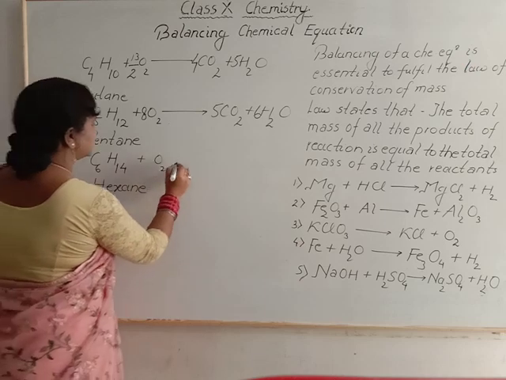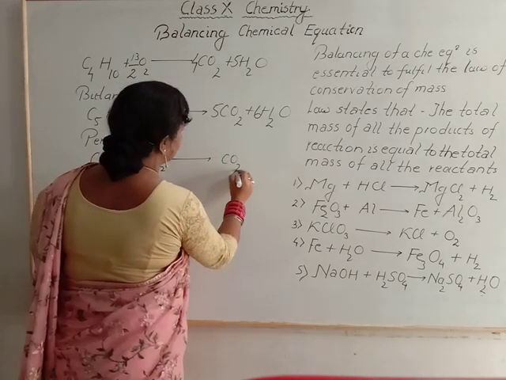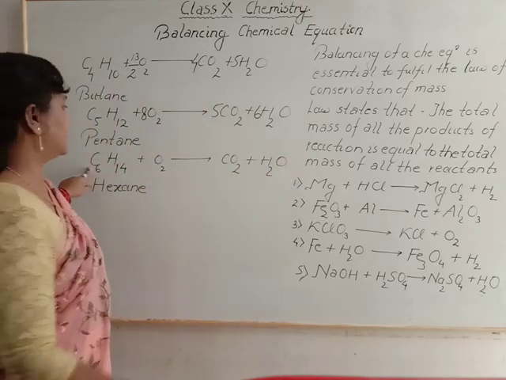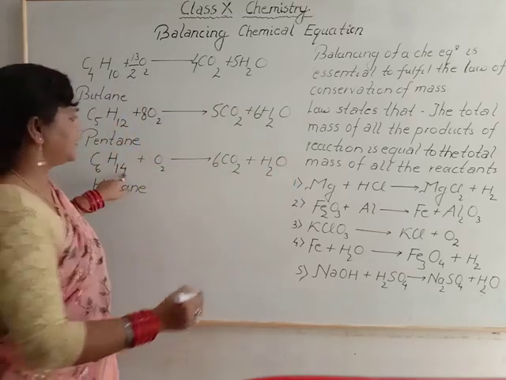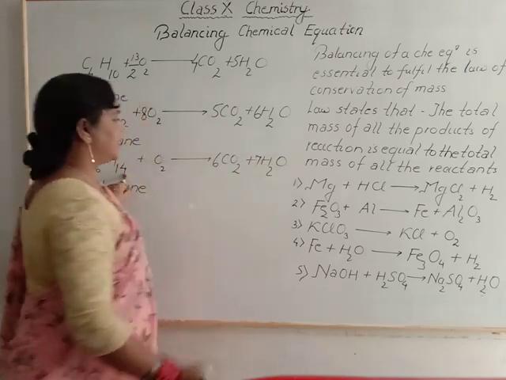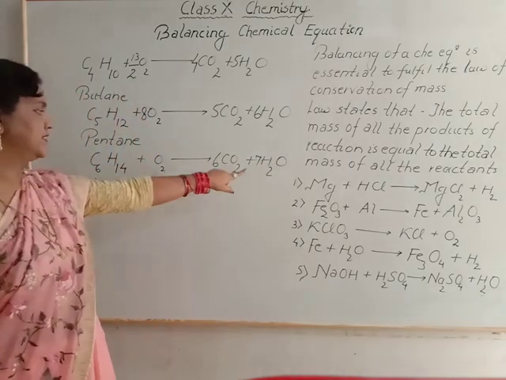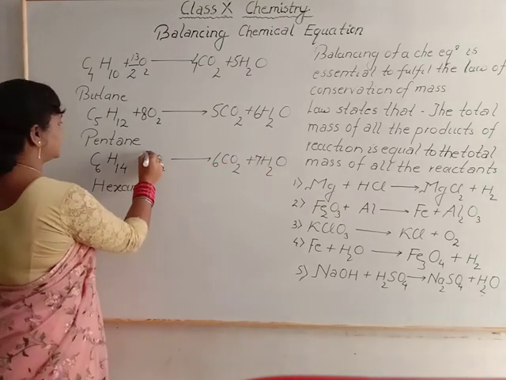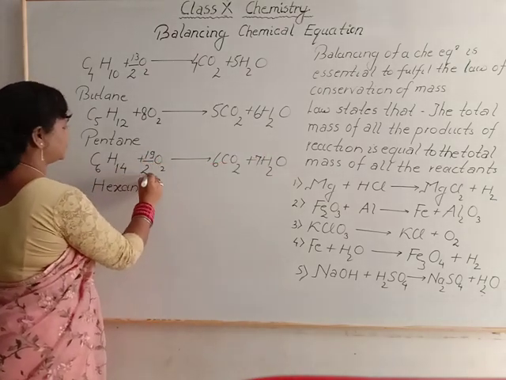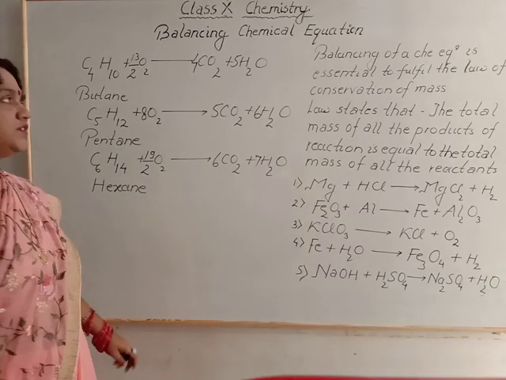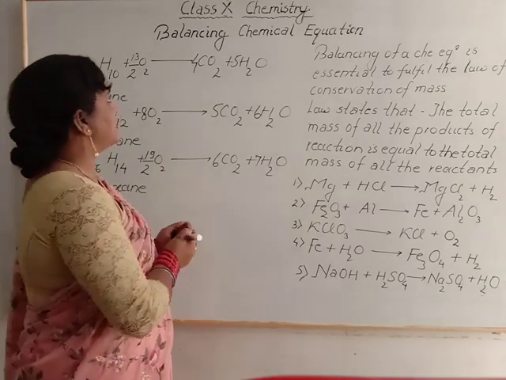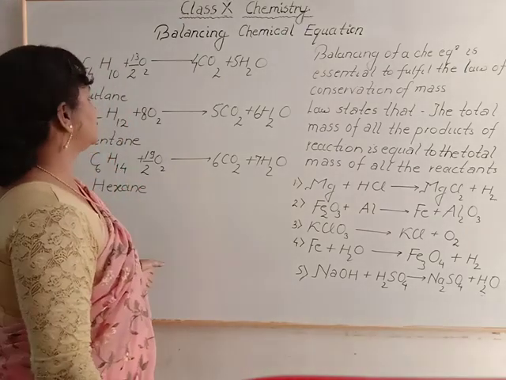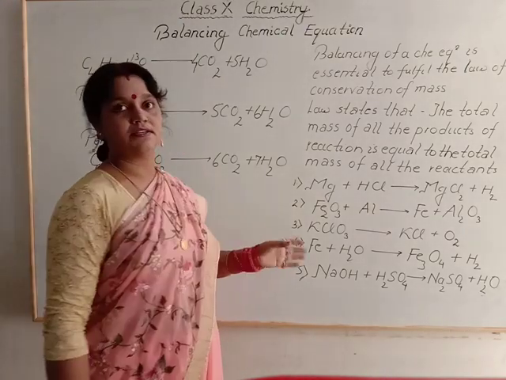Plus oxygen gives carbon dioxide and water. Again very simple, C6H14, write here 6, 14, so write here 7, and calculate the number of oxygen here: 12 and 7, 19. Write here 19 by 2. So this is all about balancing a chemical equation. Okay? Now I think you all must have understood what I have